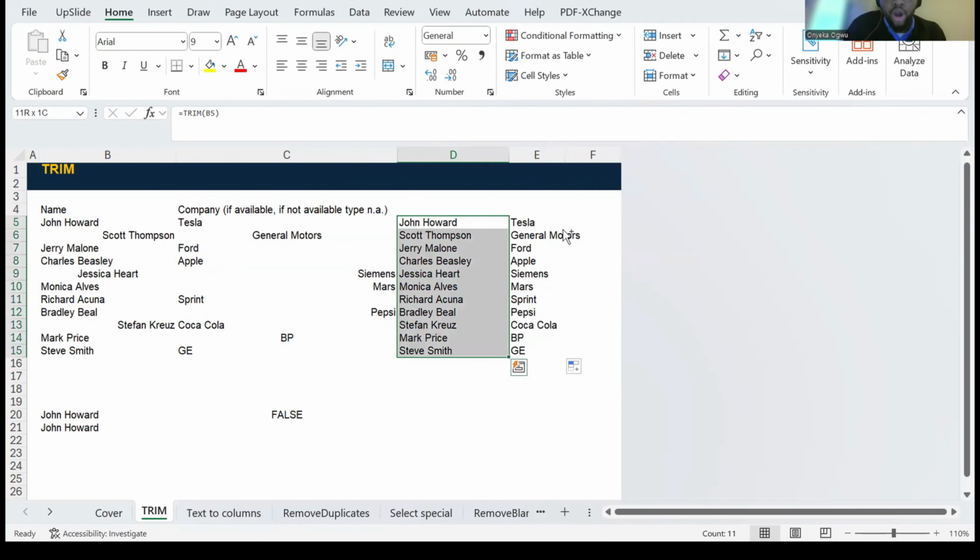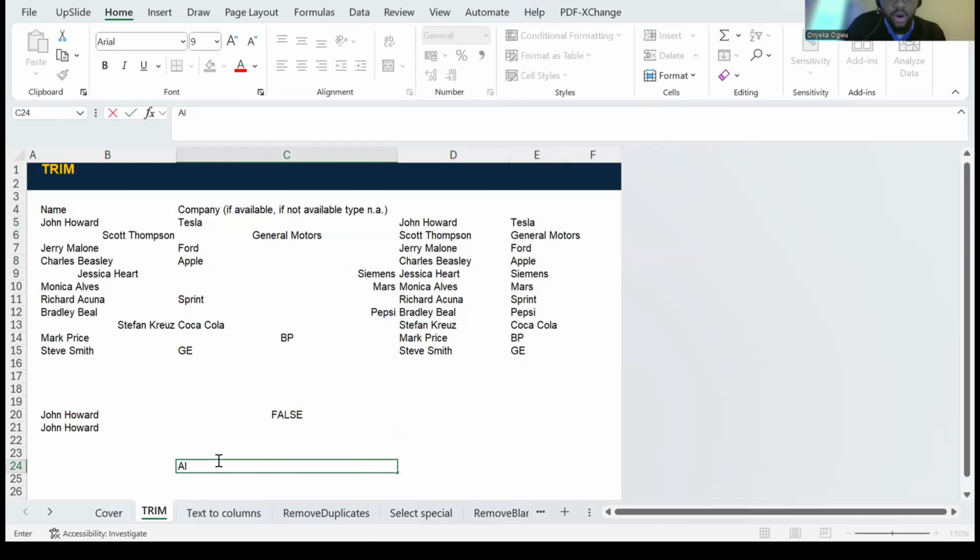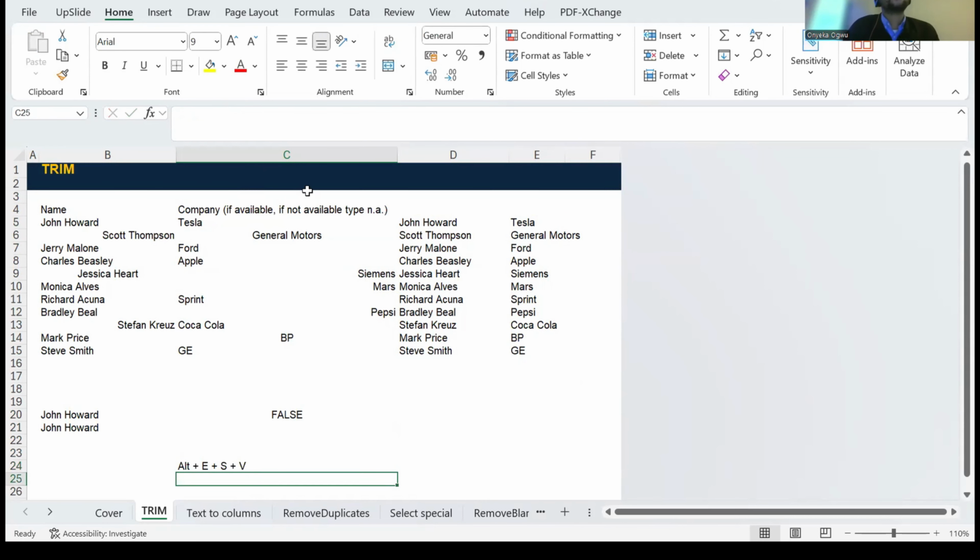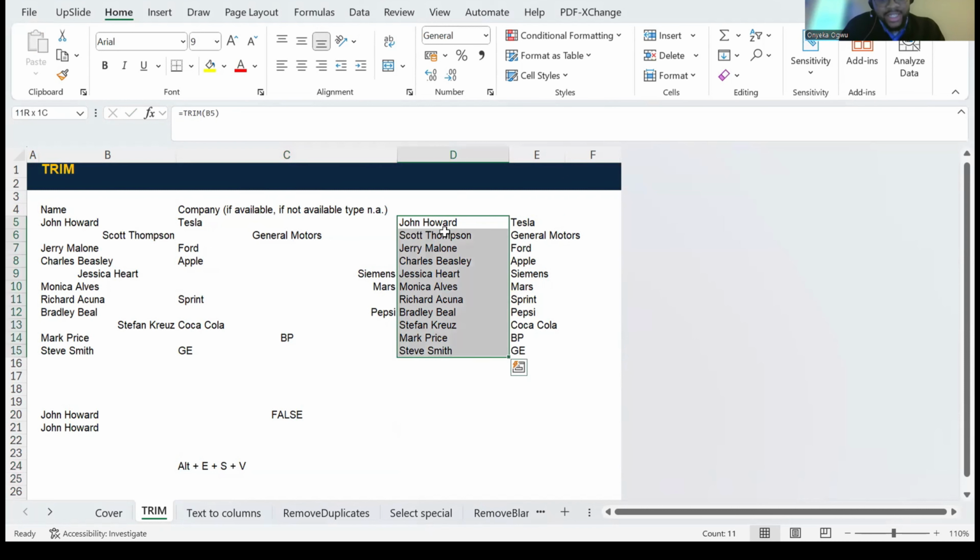So what I will do is copy this data and paste it special. To paste special, it's Alt plus E plus S plus V. So to paste special is Alt ESV. Basically, if I paste this here,